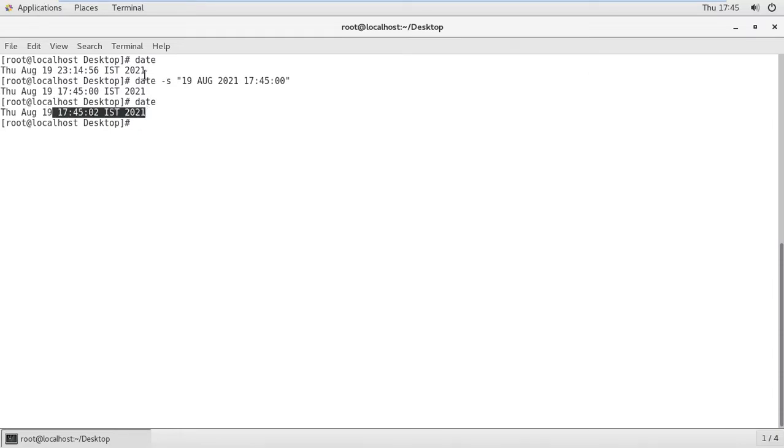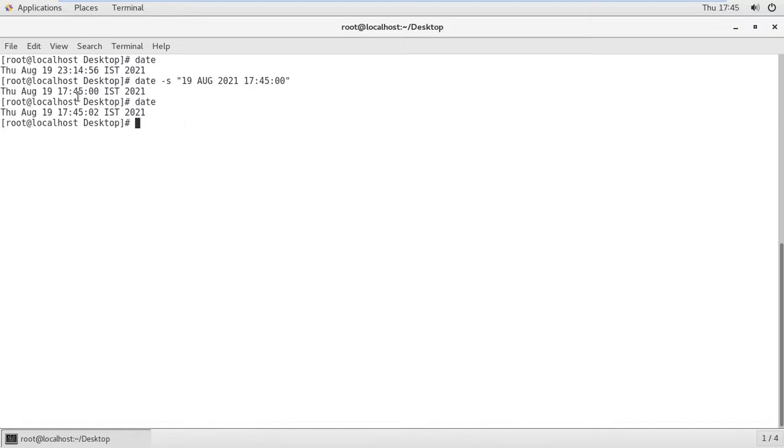So I'm just putting the date command, so it will change to the date given. Okay, so this is one of the methods you can use, the hyphen s, and this is good for a beginner, but there are lots of methods to change your date. And there are also lots of methods to change the IST as well, which we will discuss in a later video, because I'm just showing this only for beginners as of now.